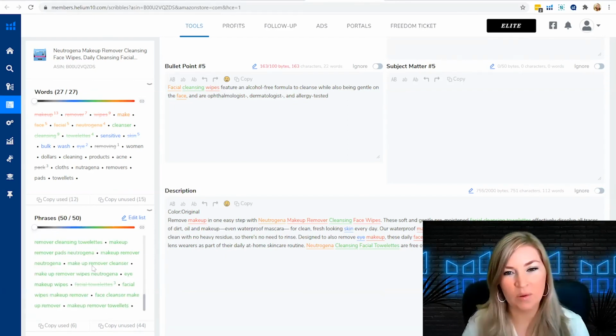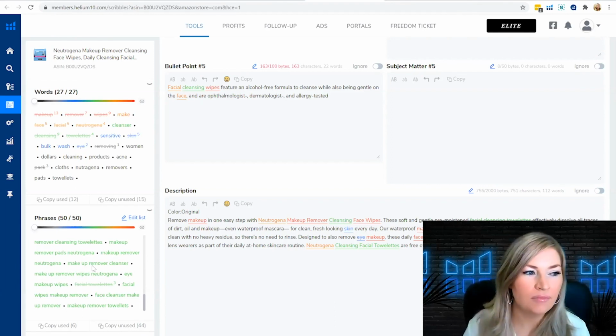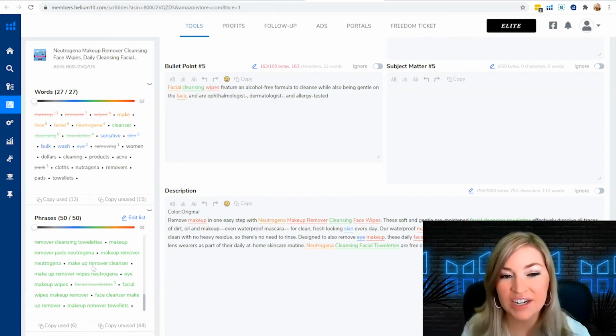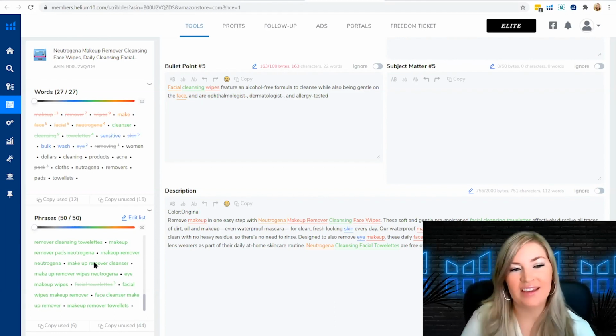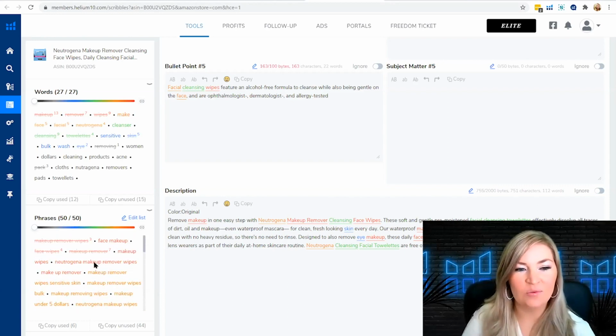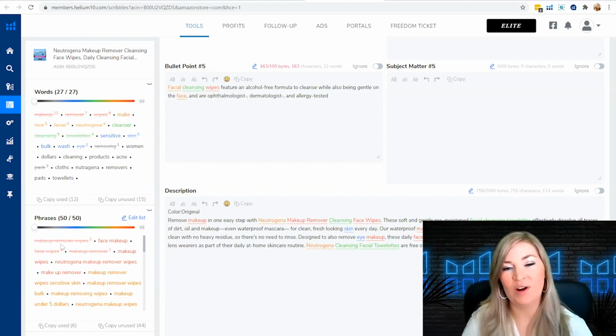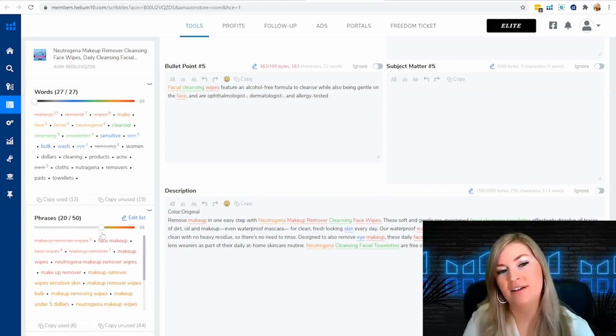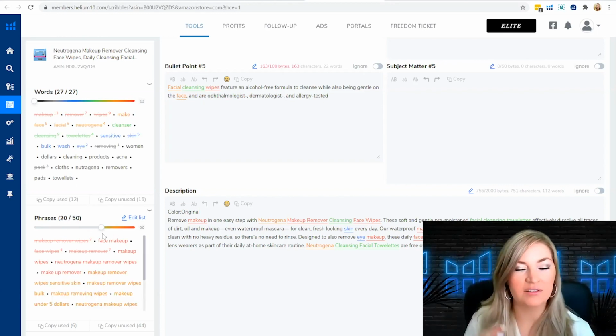Those black ones are probably anywhere from 50 keyword searches a month to maybe up to 300. So it's really good so you know where you're at and what you're targeting. And if you want to get the higher search keywords, which are my most important ones, you can limit it to show only red, or only red and orange, just those bigger keyword phrases that are searched.